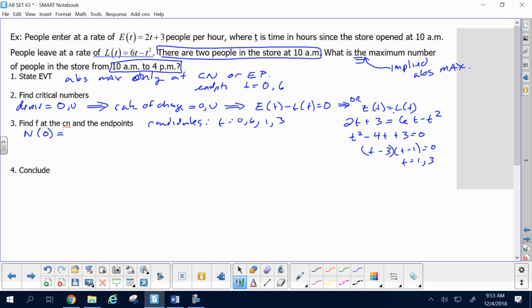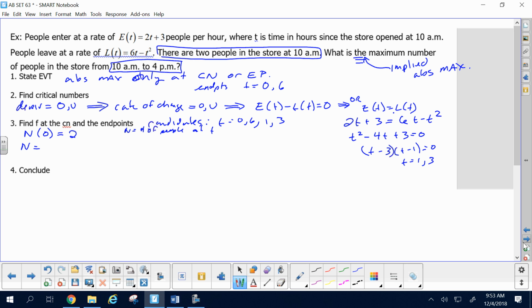There are 2 people in the store at time 0. So I know that it started with 2 people. However, every other amount, I've got to go find. Now, if I want the number of people, and by the way, it represents the number of people at time t,